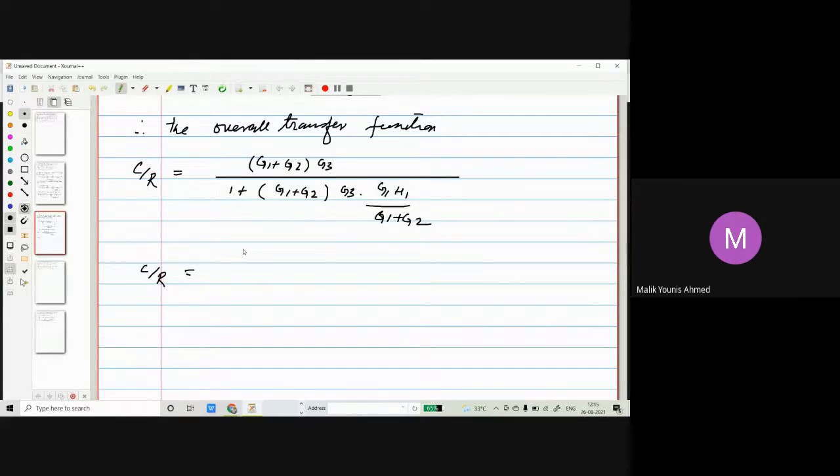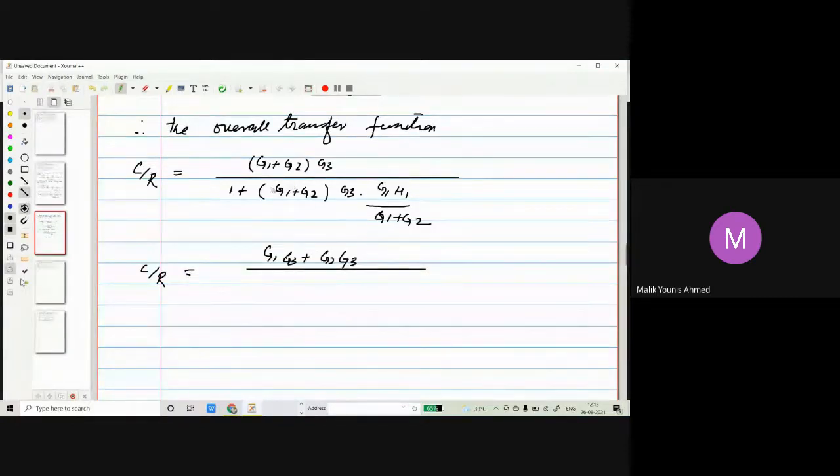G1, G2, G3, 1 plus G1, G2, G3, G1, H1. Okay, let's simplify this one. In the numerator we'll have G3 times G1 plus G2, that is G1 G3 plus G2 G3, divided by